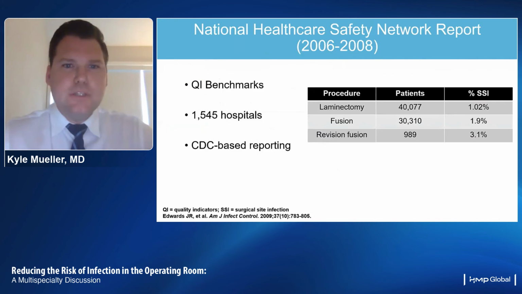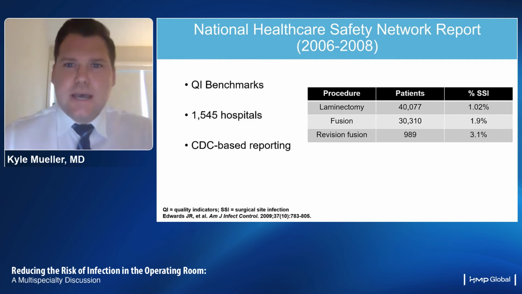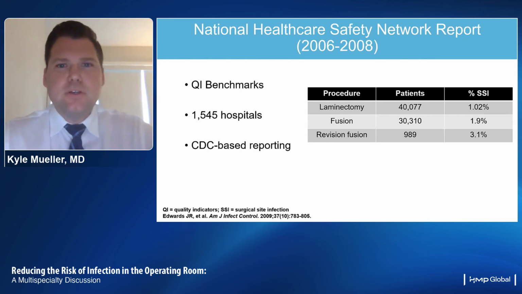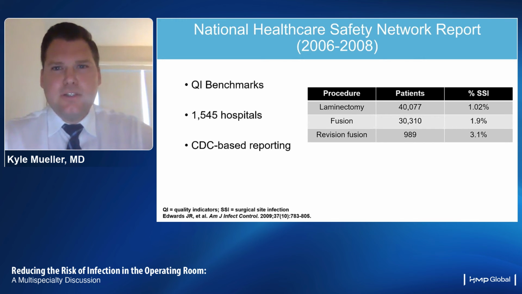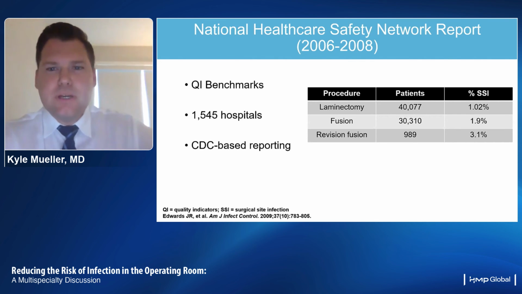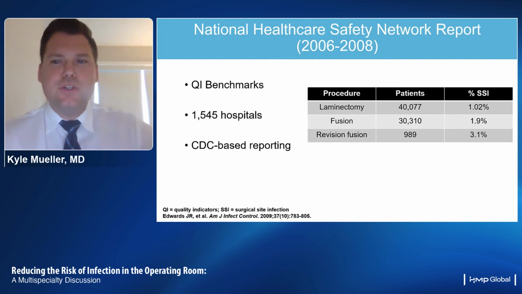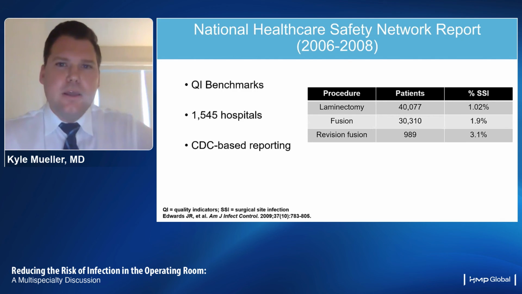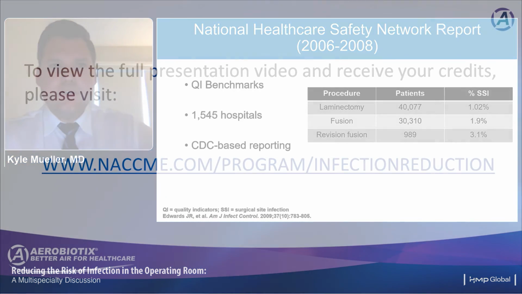care to these patients. And on that front, there's been some studies that have looked at what are some quality improvement benchmarks that we can use as standards. And so the National Healthcare Safety Network report is one of the initial ones that came out. And it showed that for a simple laminectomy, it was about a 1% risk of an infection, fusion up to 2%, and a revision fusion up to 3%. And unfortunately, what many of these initial databases